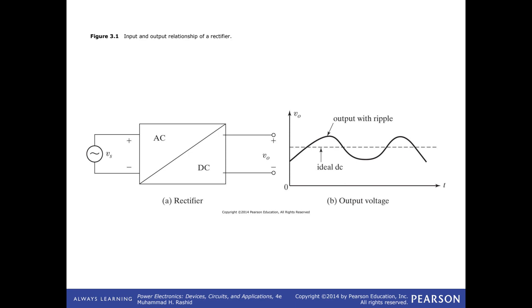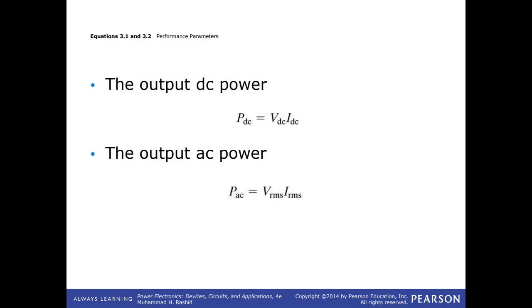You obtain the harmonics of the output as well. I solved the input harmonics, by the way. And we all know that the quantity of the output is a DC voltage, current and power, and also it has an AC,